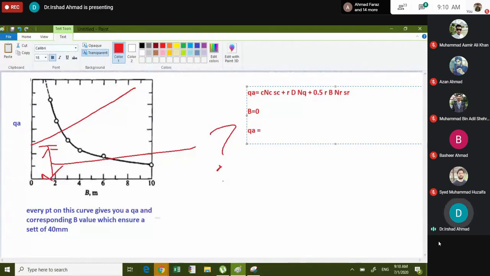अब बताएं QA की क्या वैल्यू होगी फॉर b इज इक्वल टू 0? cNc, फर्स्ट टर्म प्लस सेकेंड टर्म, थर्ड टर्म तो 0 हो जाएगा। और अगर इसको नेट की फॉर्म में पेश करें तो ये माइनस गैमा इंटू डी हो जाएगा। तो ये फर्स्ट टर्म प्लस सेकेंड टर्म माइनस गैमा इंटू डी आ जाएगा। ये y ऑर्डिनेट की वैल्यू आ गई।